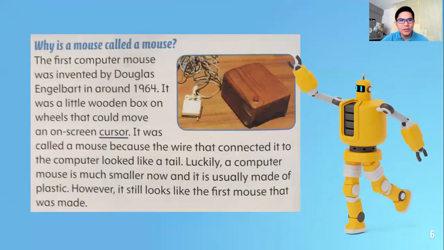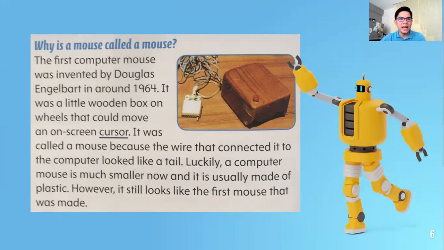Why is a mouse called a mouse? The first computer mouse was invented by Douglas Engelbart in around 1964. It was a little wooden box on wheels that could move an on-screen cursor.